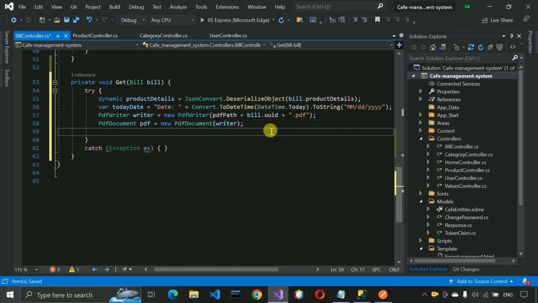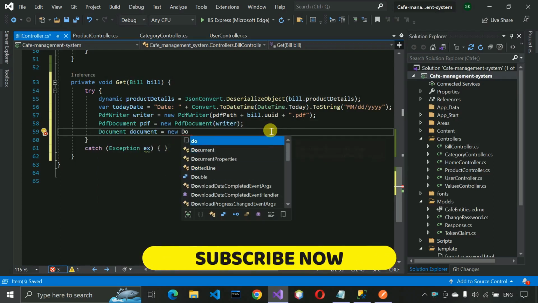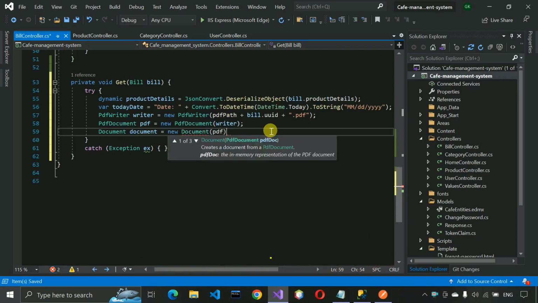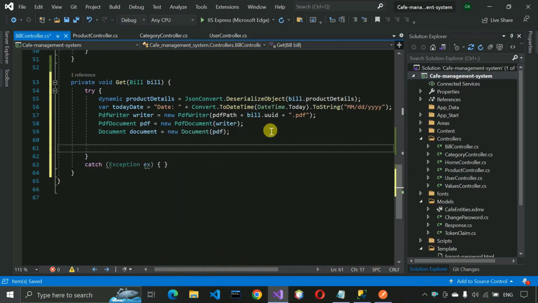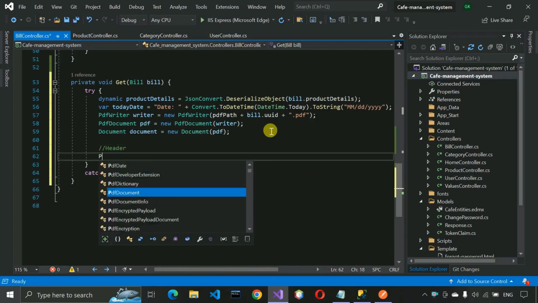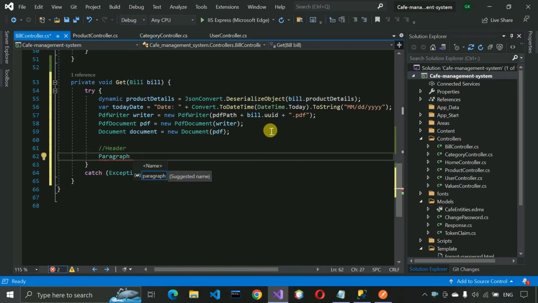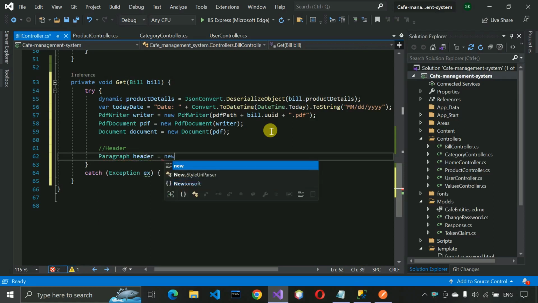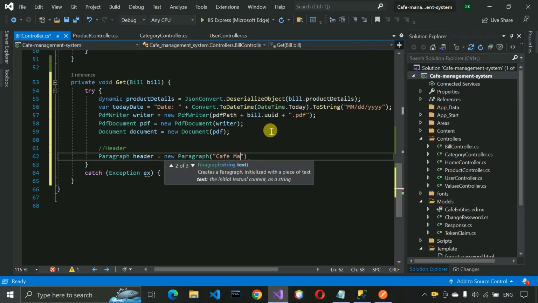After that, document, new document, and in this we are going to pass the PDF object. Then we are going to set the header, so I'm going to write here header, paragraph header, new paragraph, and in this we are going to write cafe management system,